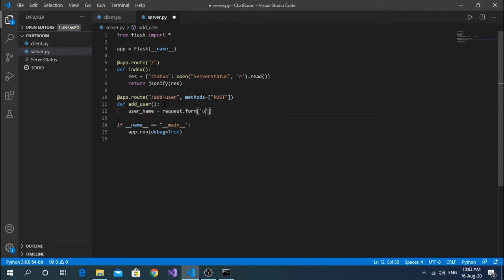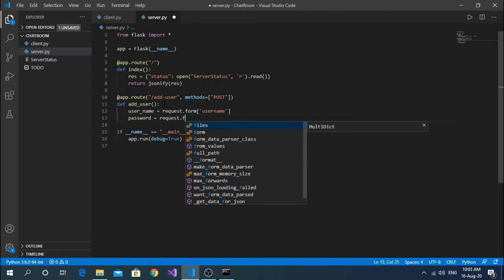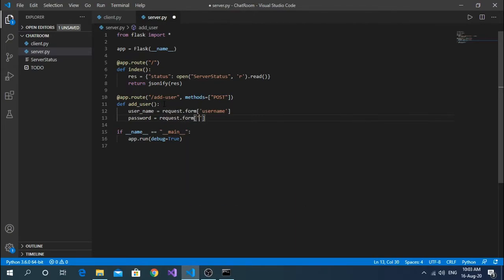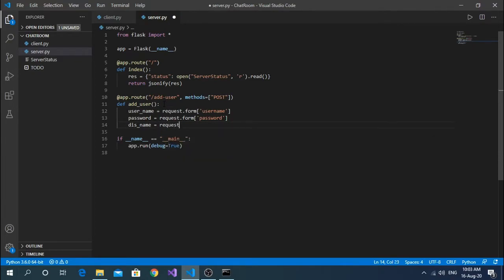So it's username, and password equals request dot form password, and this name, that's the display name. So that's request dot form